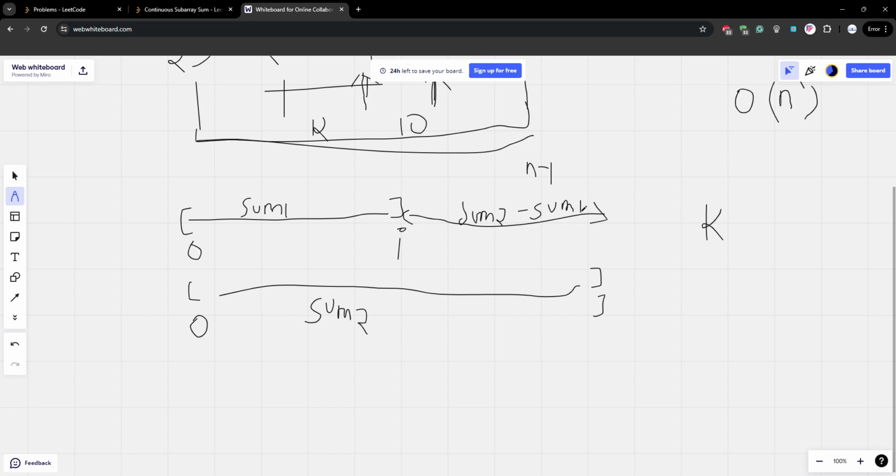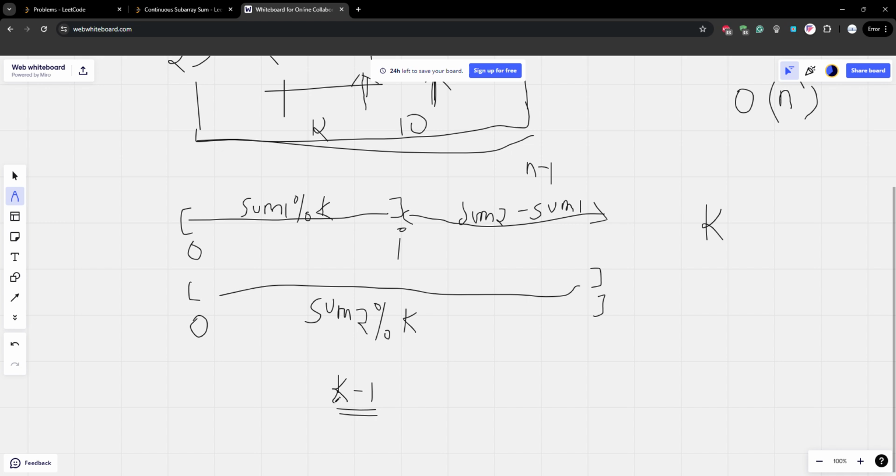Now, actually we don't have to find sum 2 minus sum 1 to see whether this value from i to j will be divisible by k or not. We simply have to see the remainder which is produced when each prefix sum is divided by k. If both the remainders are the same, either 0 or 1 or 2 or k minus 1, then we can say that sum 2 minus sum 1 is divisible by k. It's a discrete math concept, a little bit required to solve this problem.